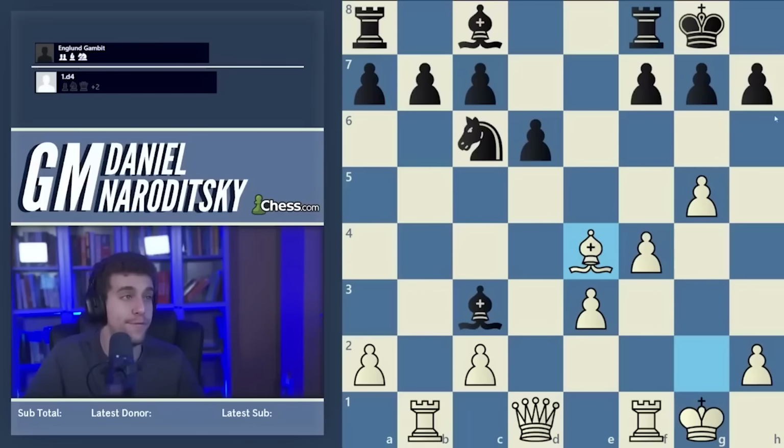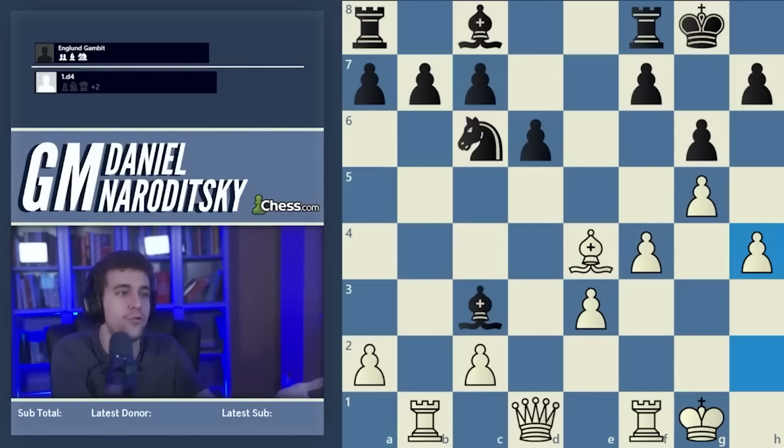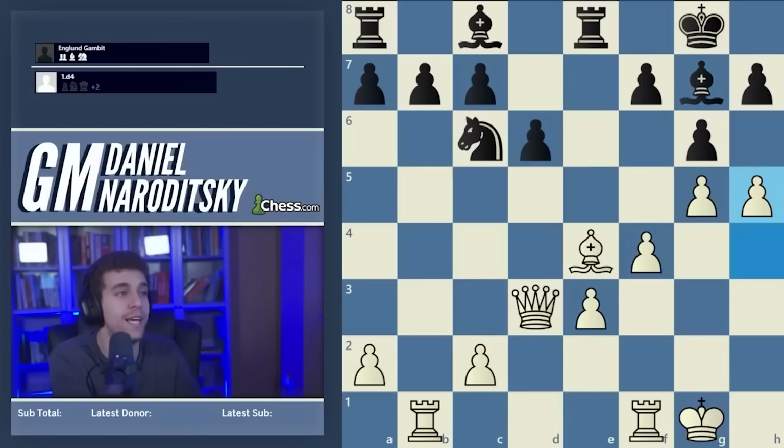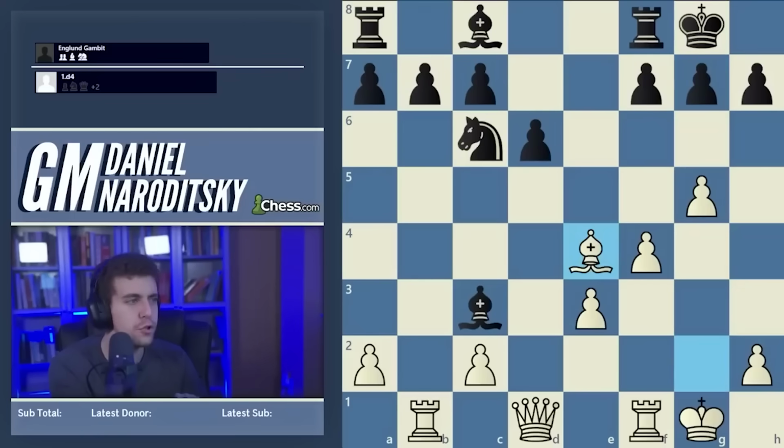g6 might be forced because after rook e8, there is queen d3 with a fork on the bishop and the pawn. And after g6, you just play h4, you attack. Rook e8, queen d3, and h5. And black is busto here. He can't move the bishop because we've got the b file. h6 is coming and f5 to follow. This is plus a million, and there's not much left to analyze here. So rewinding,